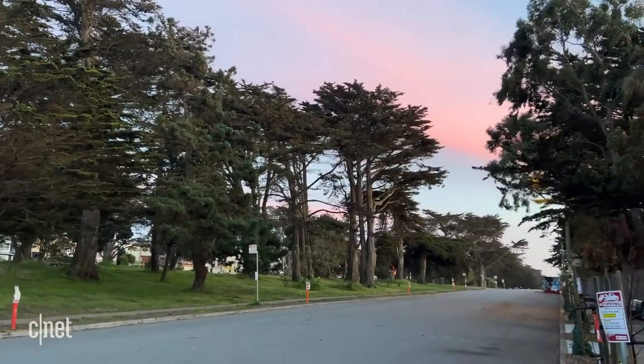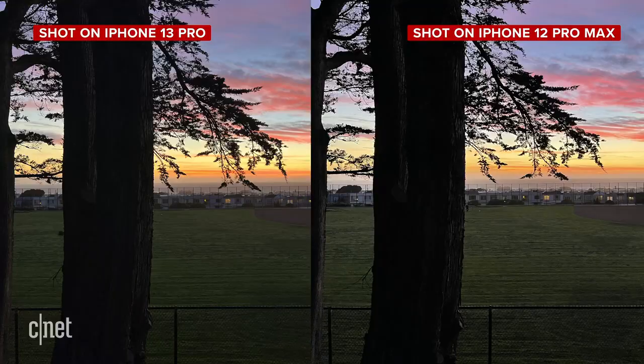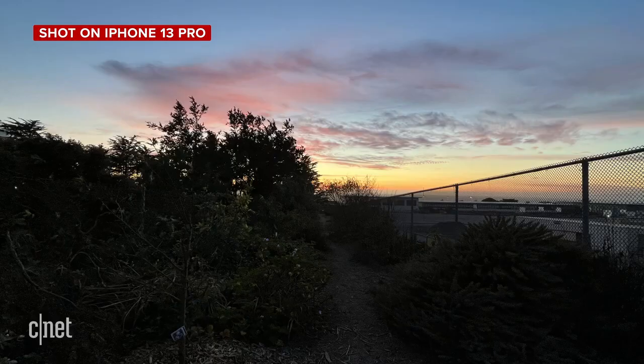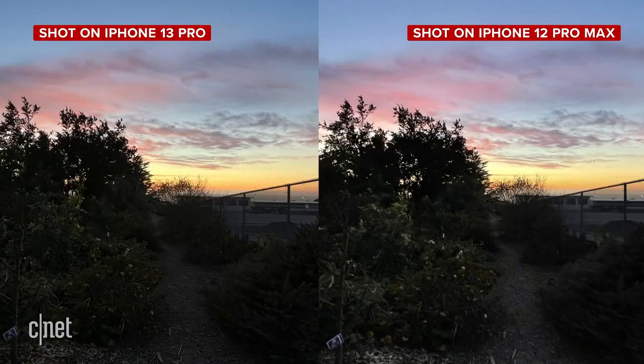Now let's get into low-light images right after sunset during blue hour. Noise reduction is a bit better on the 13 Pro on all of the cameras, so images do look a touch cleaner when you zoom in. As a result though, sometimes it looks a little too clean, and on certain shots I found that I lost a little bit of detail compared to the 12. But really, I'm trying to nitpick here to find the differences, and I'm really having a tough time separating them